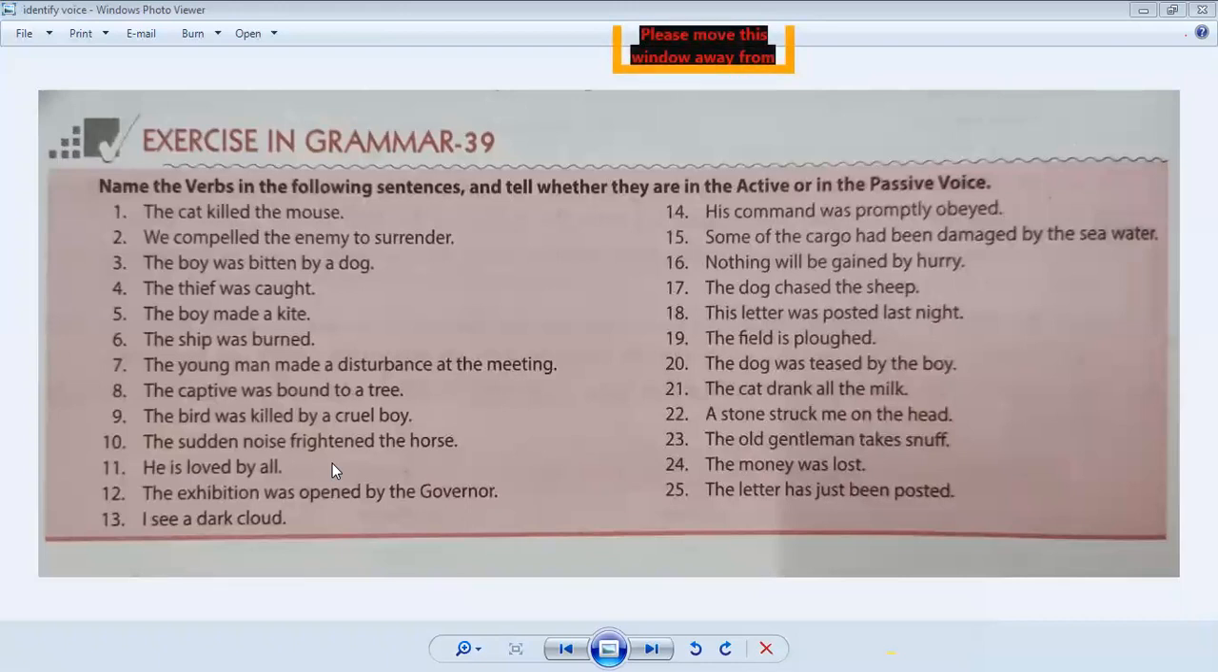8th is passive. 11th, he is loved by all. So is loved, it is passive voice. 5th is active, Rituj. 12th one, The exhibition was